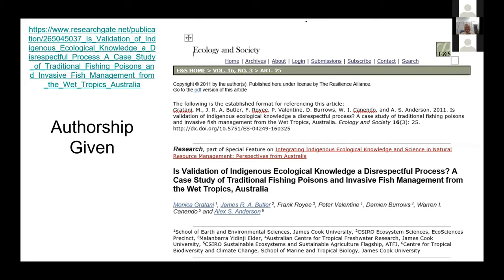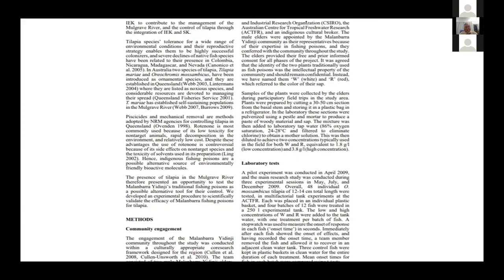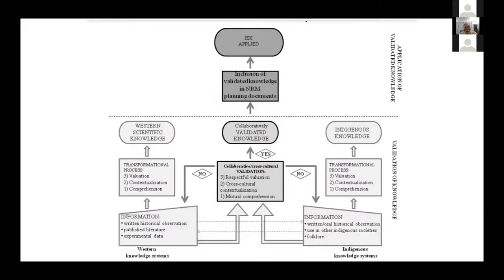Now, this is a paper on the plants which are used to catch fish, some kind of poisonous plant. Very good research has been done. They're talking about integrating the knowledge systems, but wouldn't make them co-authors. Valid knowledge, good science. And they ask this question, is it respectful? But then they have something interesting here. They are at least acknowledging that it does open some directions which modern science did not have. And they believe that they could perhaps learn much deeper insight from the traditional knowledge than they would have been able